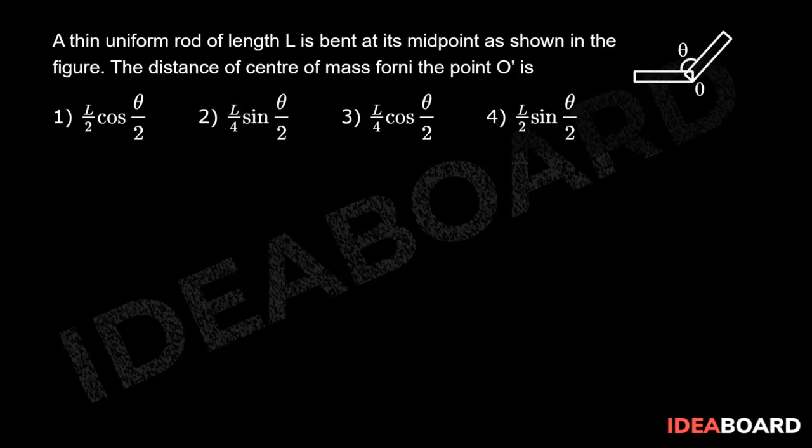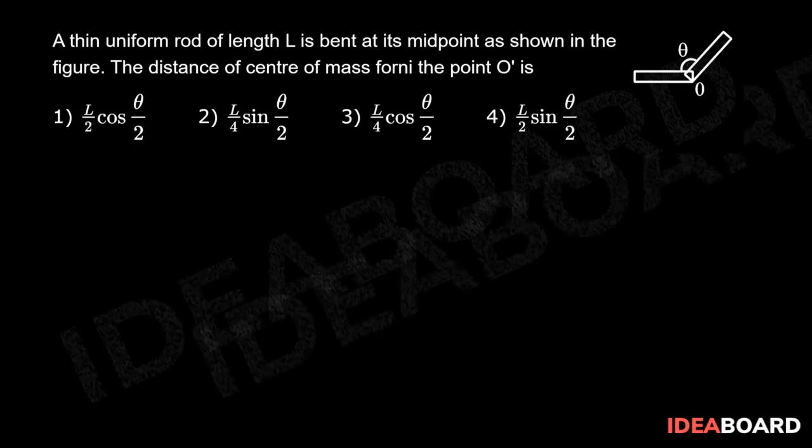A thin uniform rod of length L is bent at its midpoint as shown in the figure. The distance of the center of mass from the point O is... Now suppose we have initially this mass M and length L, the rod is here with us, and say, so we